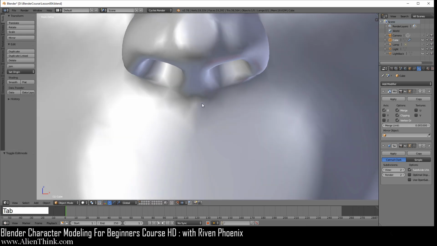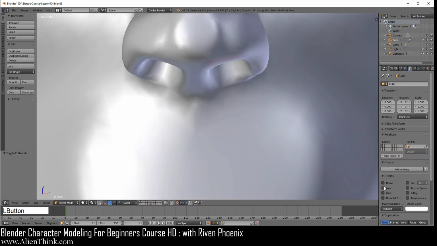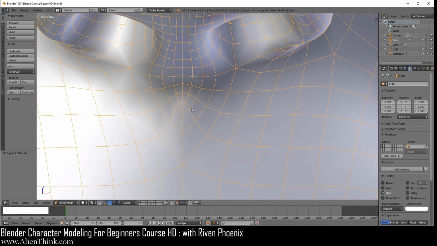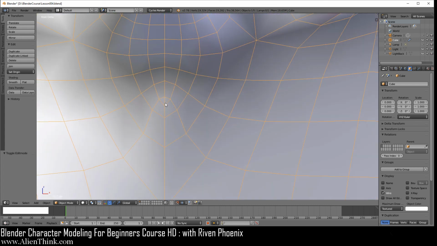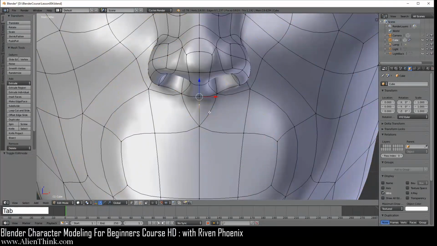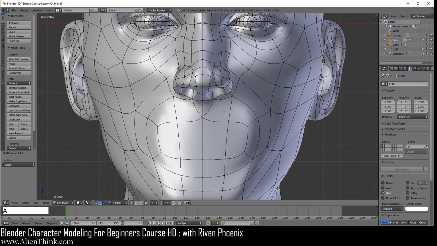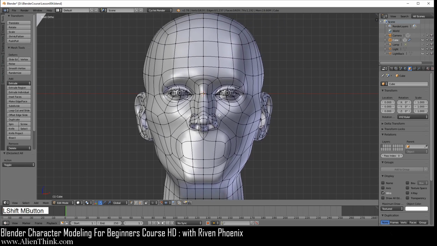So if we press Tab and click on this and click on the wire, you'll see that it's behaving the same way. And if we remove that vertex, which we're not going to right now, you will see that it automatically removes this area over here and creates the quads for you. Okay, so you'll see how this works later on. So don't touch this vertex over here, leave that be.